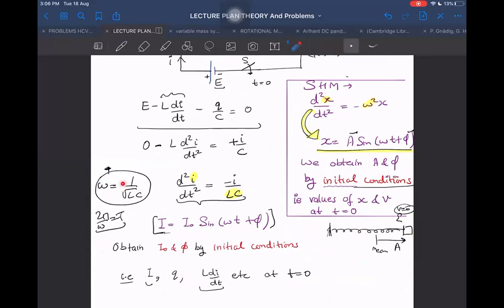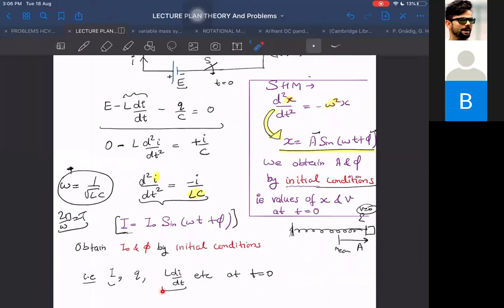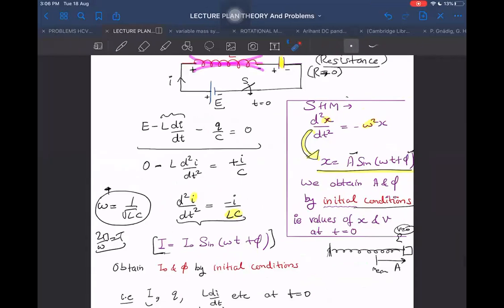What is the frequency of oscillation? And I told that SHM can be equated with this; this is also like SHM only. Here, what is executing SHM? The position, the velocity, and acceleration. Here, what is executing SHM? The current, the charge, and the voltage across the inductor. Those are executing SHM. If you know these things, and if you know how to determine the phases by putting the initial conditions, then you know everything in this. You need not know any other thing.